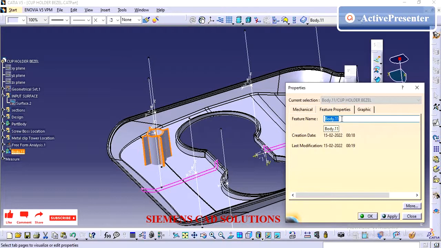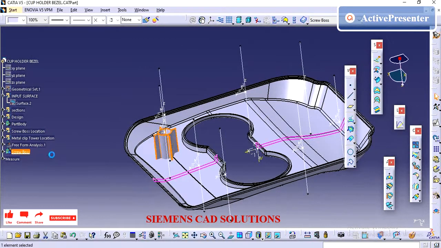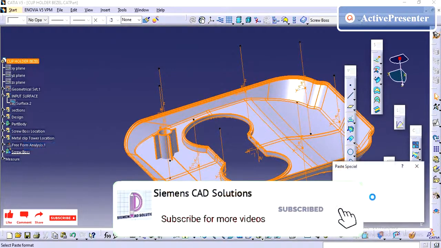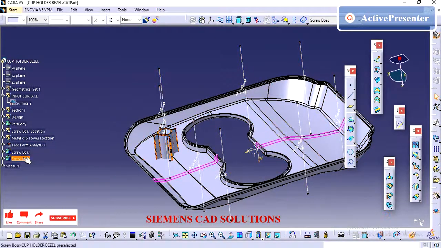You can pull only the power copy feature so that you can edit it later on individually. So I'm just copy pasting with the special.